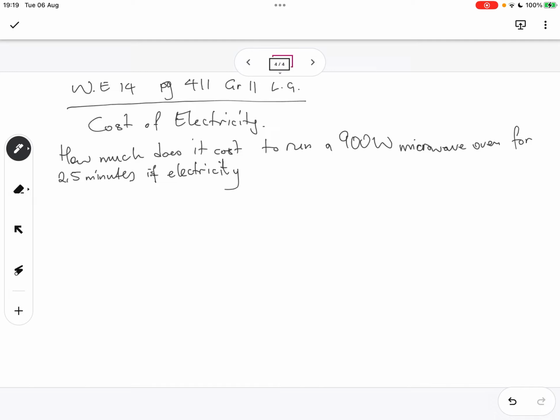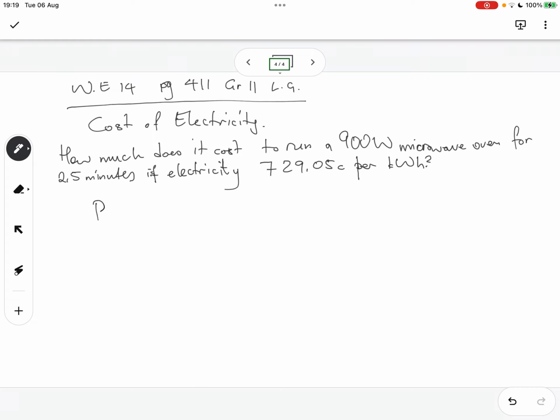if the electricity is, so we're gonna do the actual cost of electricity, not the one in the book, right? We're gonna do this one here. So if the electricity costs 729.05 cents per kilowatt hour,